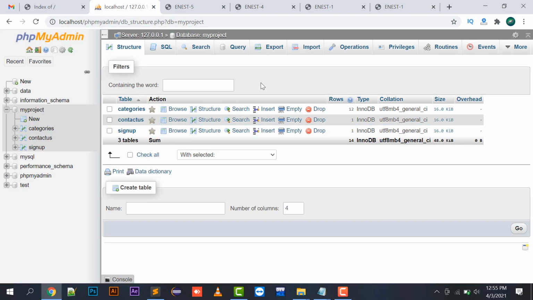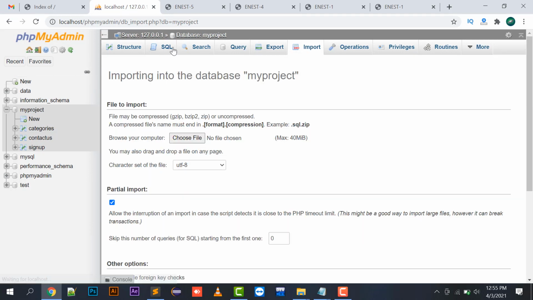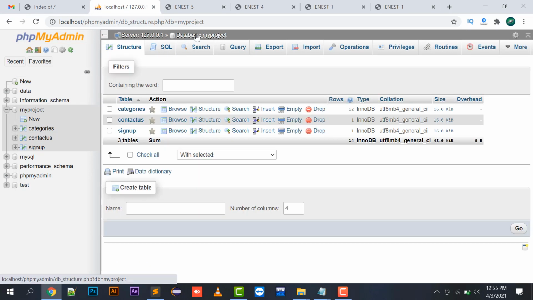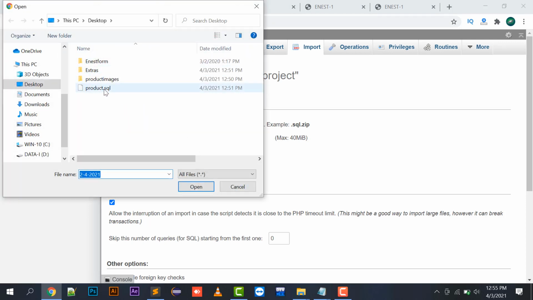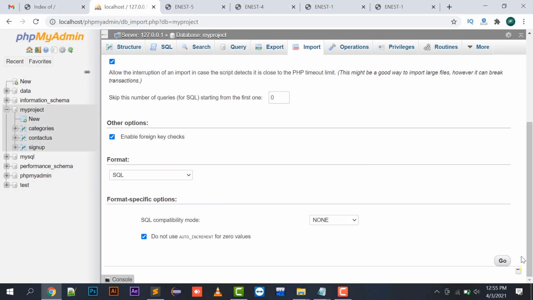Now, how I will import this is I will click on the import function. First of all, click on my project database in which you want to import the query, then click on the import function, then choose file, choosing the product.sql file. SQL means structured query language. So I will just choose that file and I will click on go.